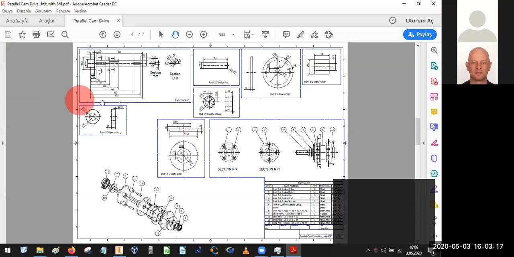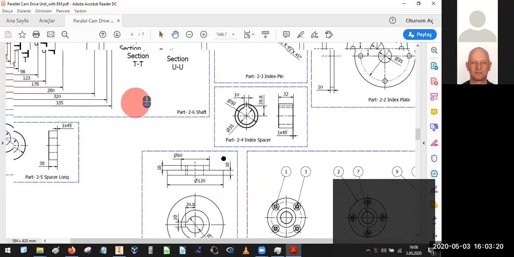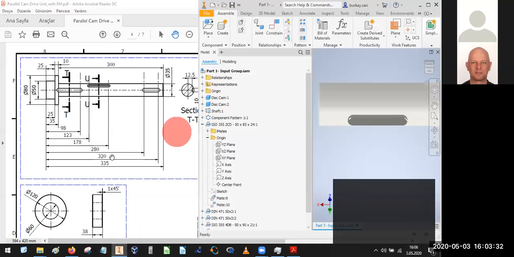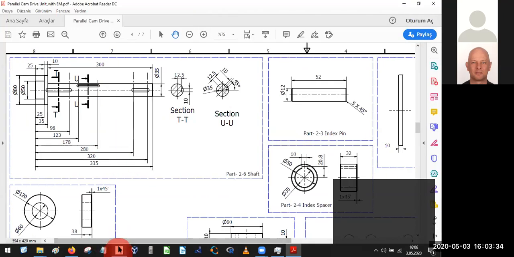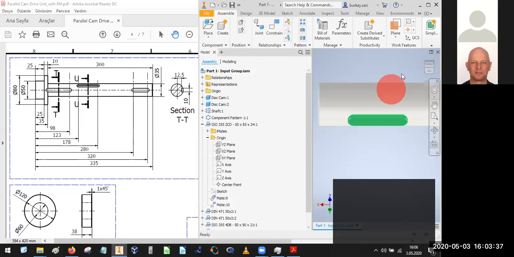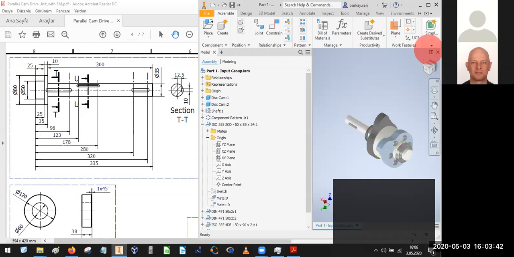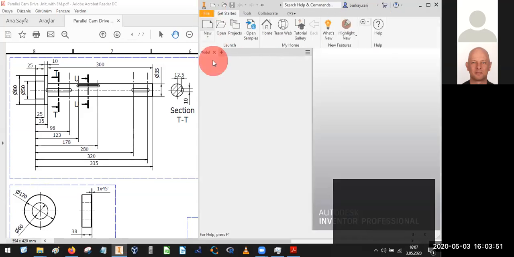But first of all, I would like to start with the shaft part. This is much more complicated. And for this, I'm going to use the shaft feature again in the assembly side. I'm going to just start my example by creating a shaft here. This is our last example. This is the cam which we created lastly. I will close this one and open a new file